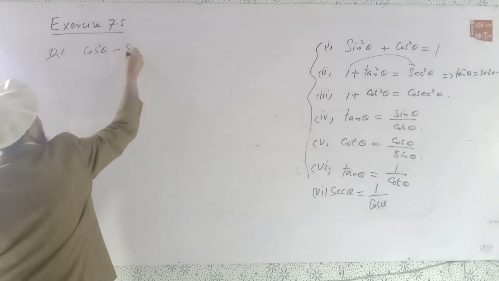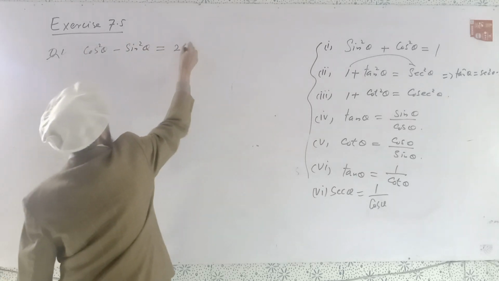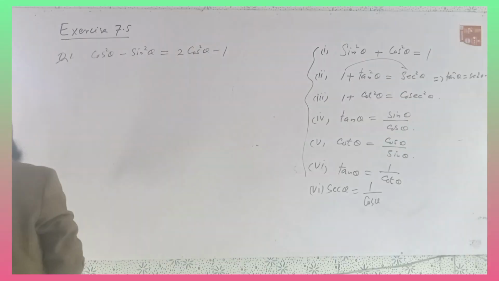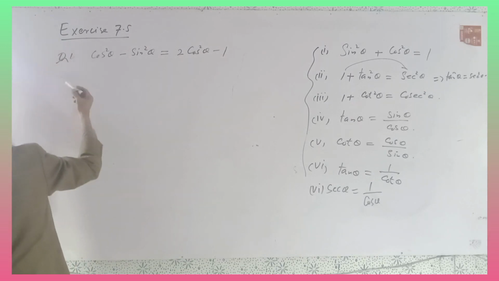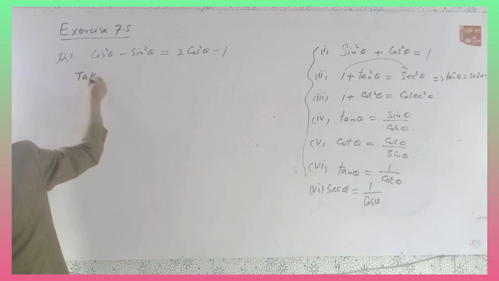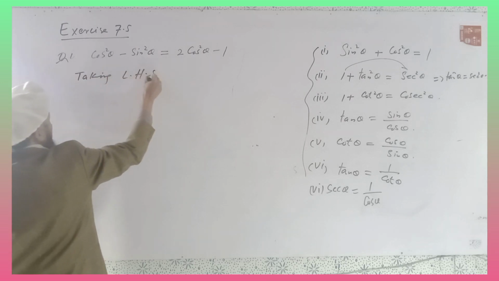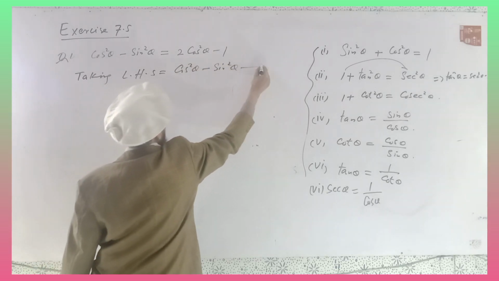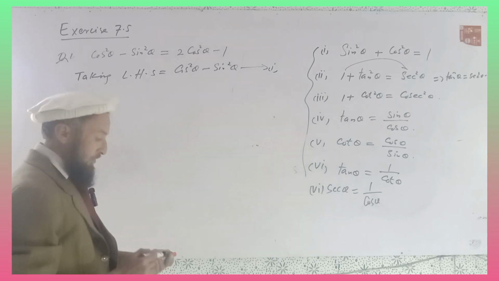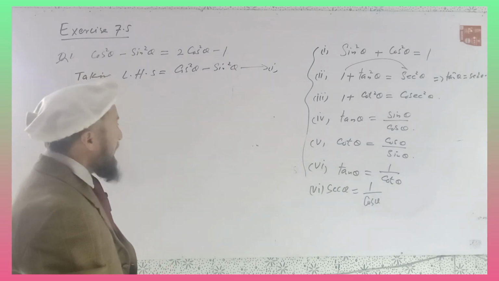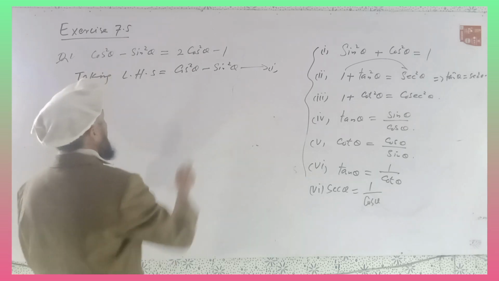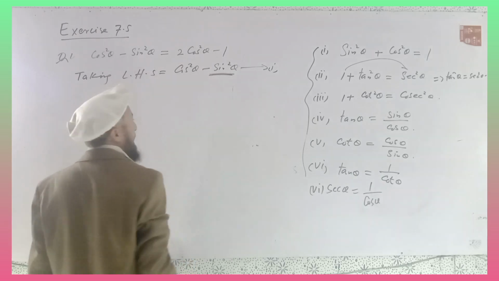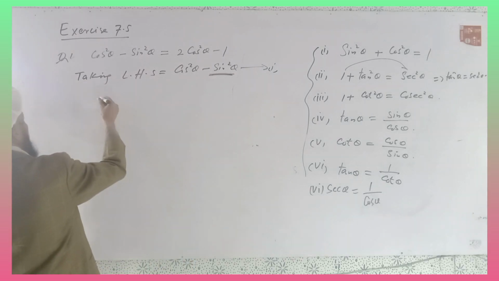Cos square theta minus sin square theta is equal to 2 cos square theta minus 1. We want to prove this one. Taking left hand side, cos square theta minus sin square theta. We put here, give the equation number 1. Now according to the first formula, because here is required 2 cos square theta, in replace of sin square theta we put the result as we know that the formula